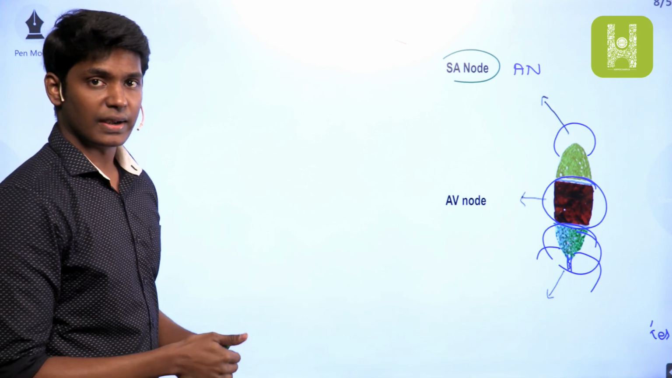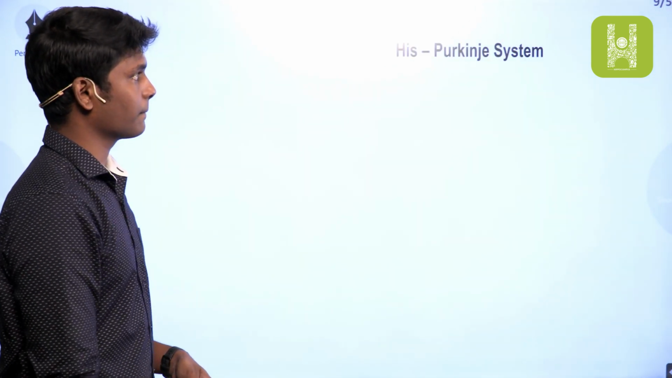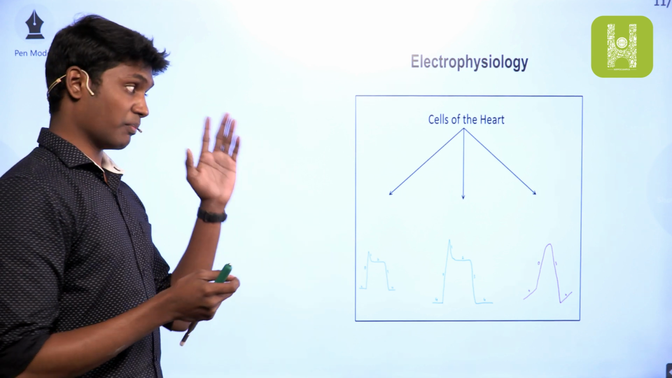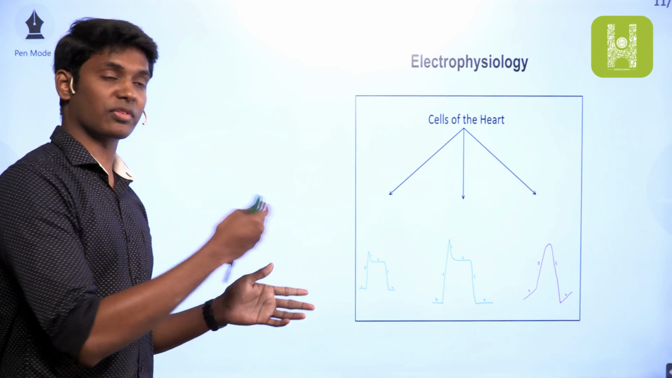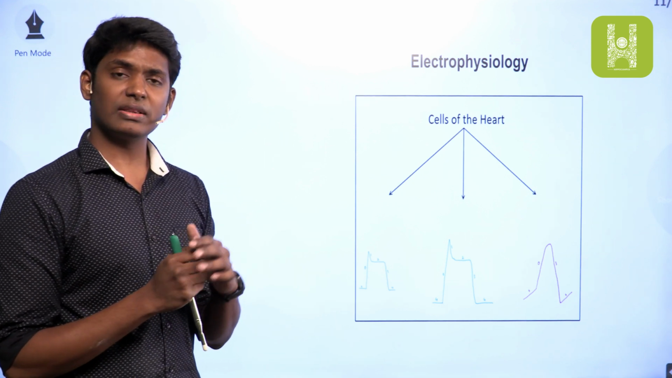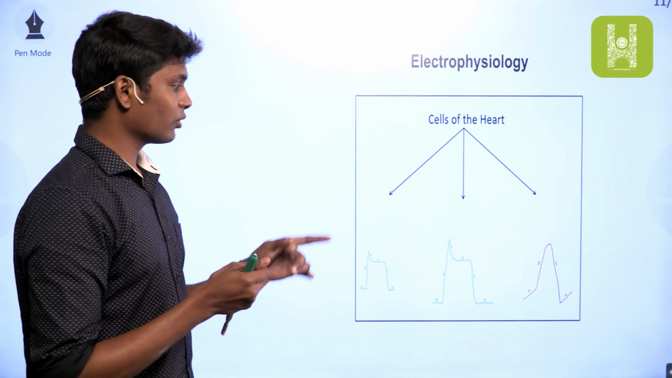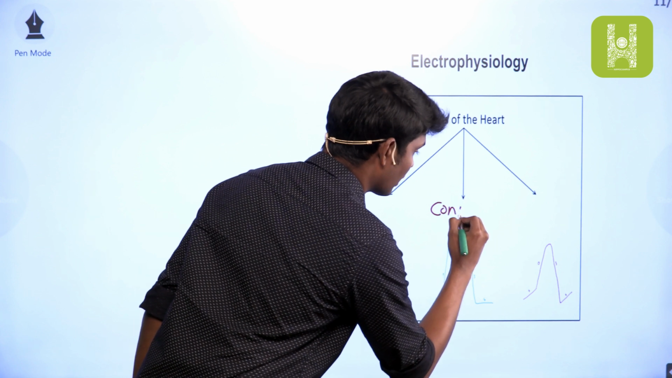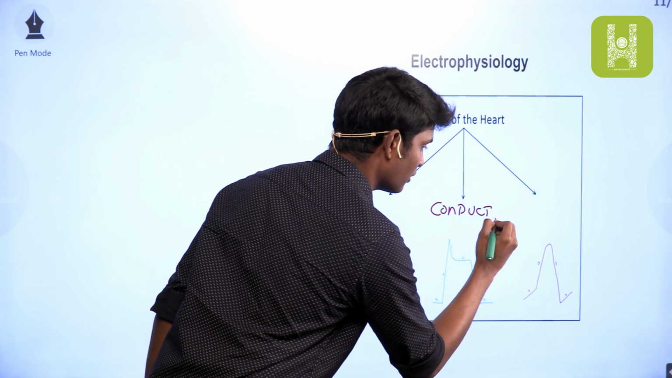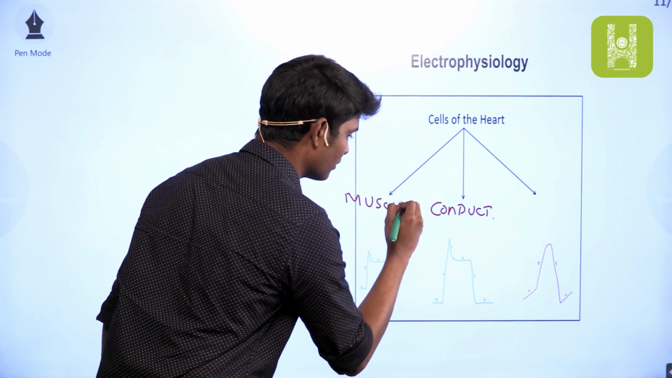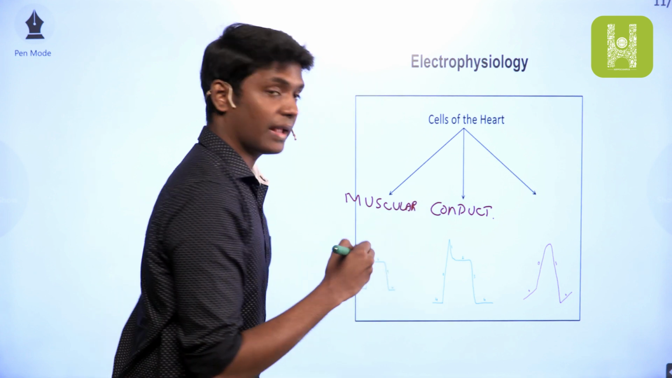So let us go into the next part, which actually is the electrophysiology, which is very important. Much understanding is needed about the electrophysiology to proceed further into the ECG. So coming to the electrophysiology, we should know about the three types of cells which are present in the heart. So the first one is the conducting type of cells. The second one are the muscular cells, and the third one are the